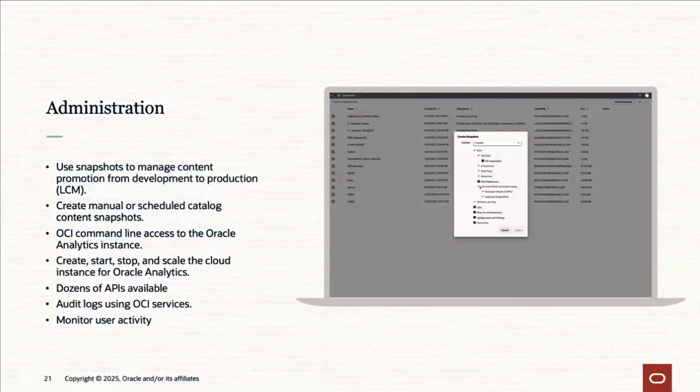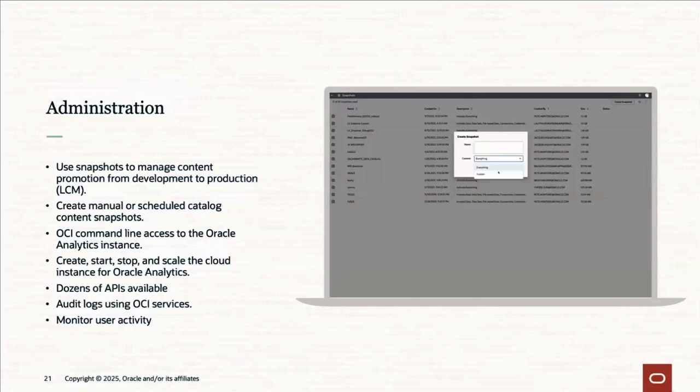So, the last piece is administration. Administration is something that's very important across all Oracle products. We need to make sure that your data is safe and that it is very easy for you to create safe users to prevent bad actors from doing things in your environment that, quite frankly, you don't want to happen. Some of the key aspects of administration: it's integrable with the command line. As we said earlier, it's going to have the full API library support.